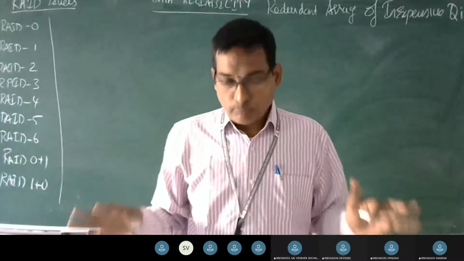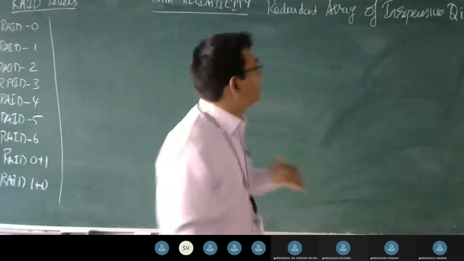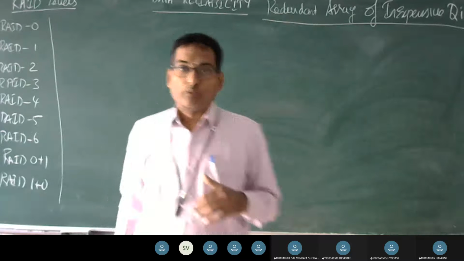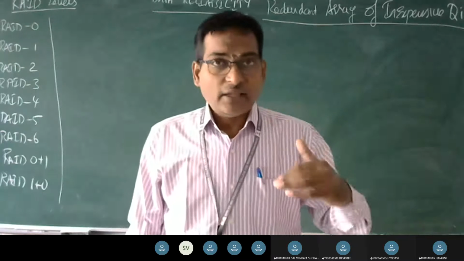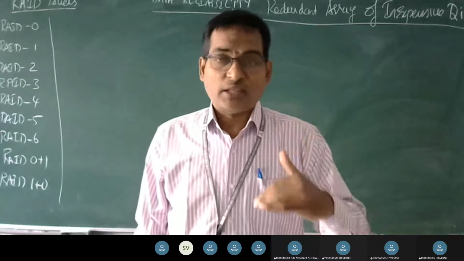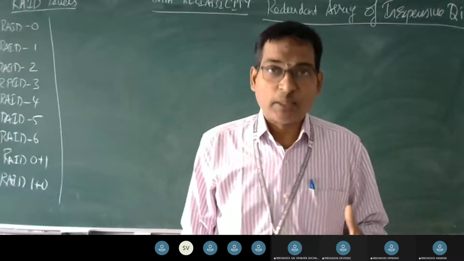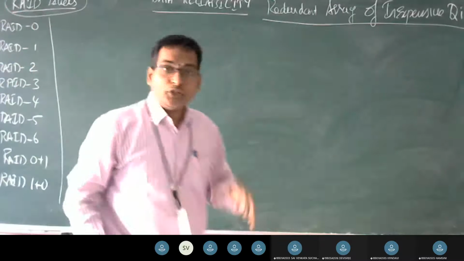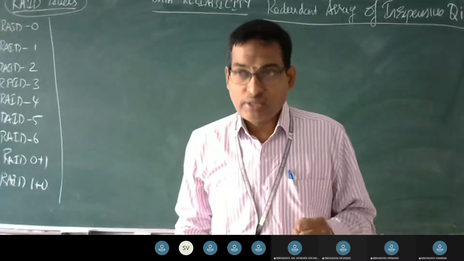When we bring the contents into the primary memory, we expect that there is zero loss. So for that, they have built a technique, and the name of the technique was Redundant Array of Inexpensive Disks. In short, we call them RAID levels.